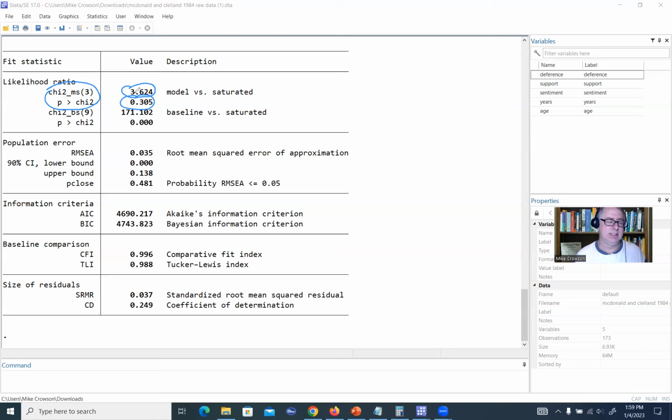So for that reason, it's generally recommended to consult other fit measures and still report on the chi-square test, but also look at other fit measures to round out your perspective in terms of